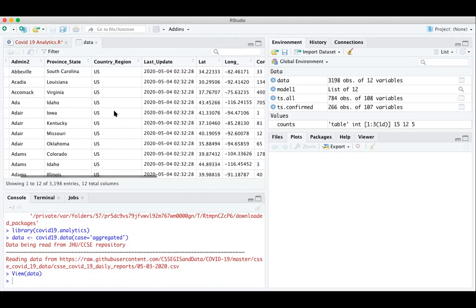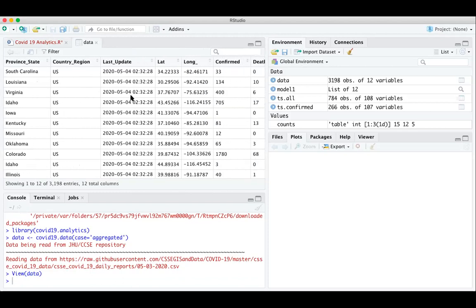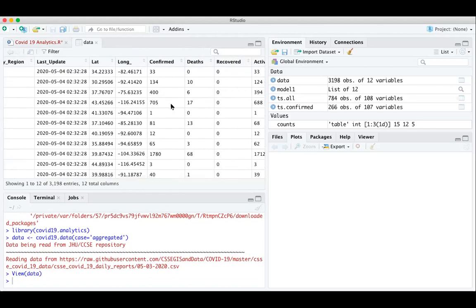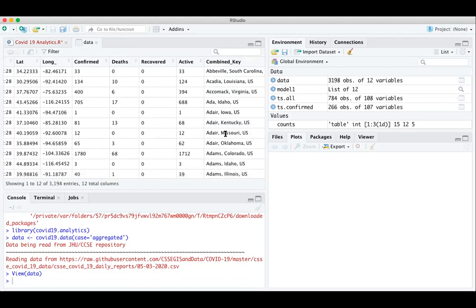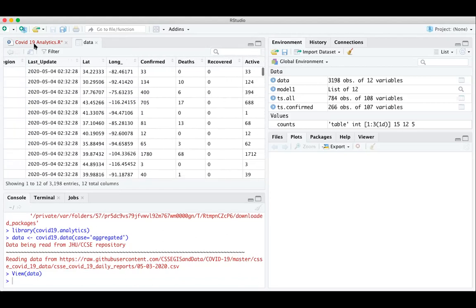So let's see what data is loaded. This is the data loaded from the CSV file. It has the country, last updated, latitude, longitude, confirmed cases, death cases, recovered cases, and active cases currently. Yes, so this is the dataset.